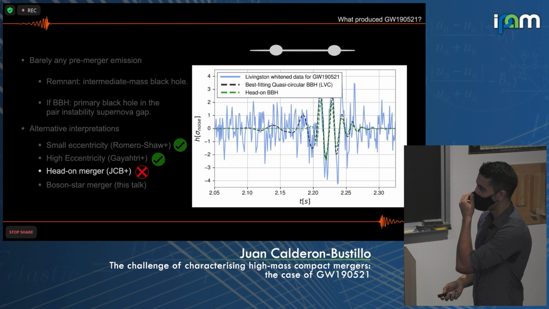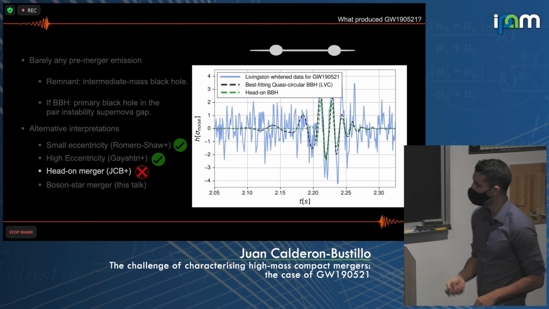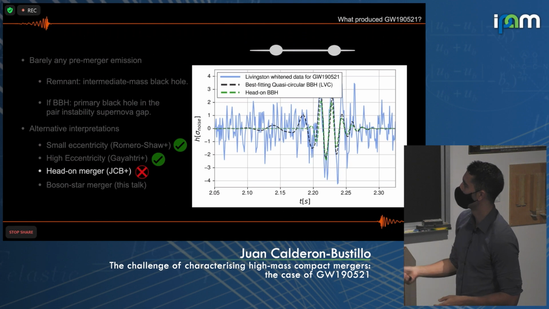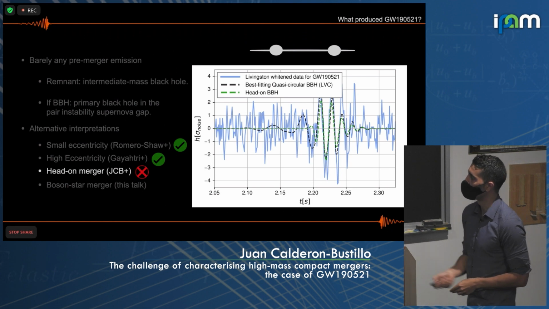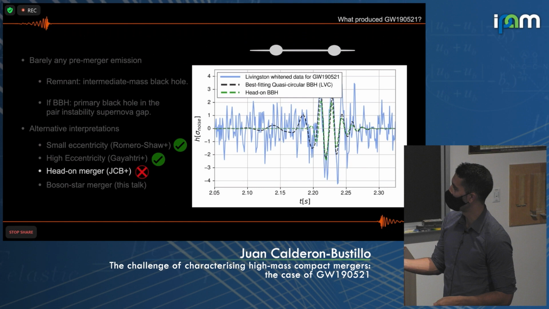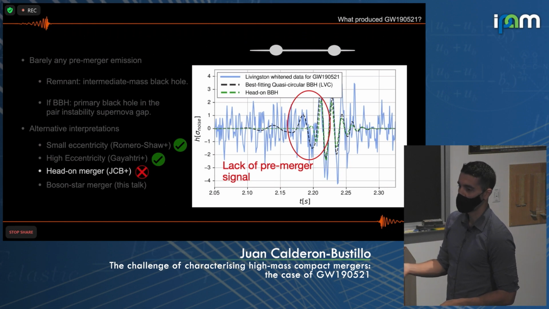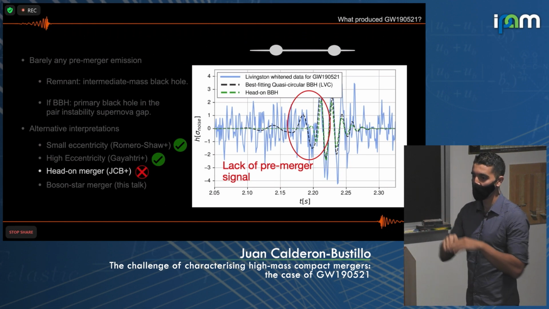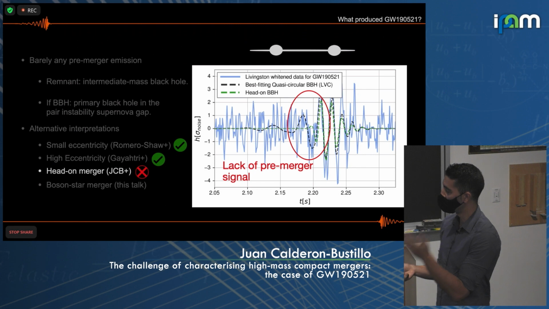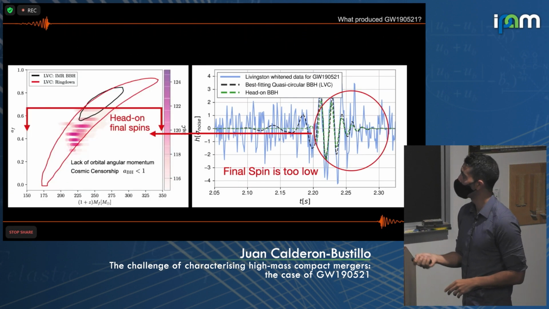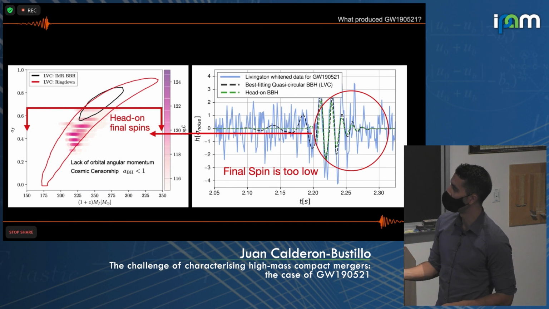Going up in levels of eccentricity, with Tony and Alejandro and other people, we studied the possibility that maybe this is head-on because the signal is really short. You find out this is not possible because the head-on signal is too short to fit the data, because it lacks any pre-merger signal. When you have a head-on collision, the two black holes collide, you get the remnant, it rings down, and that's it. Also, the final spin you get is too low to reproduce the final spin predicted by